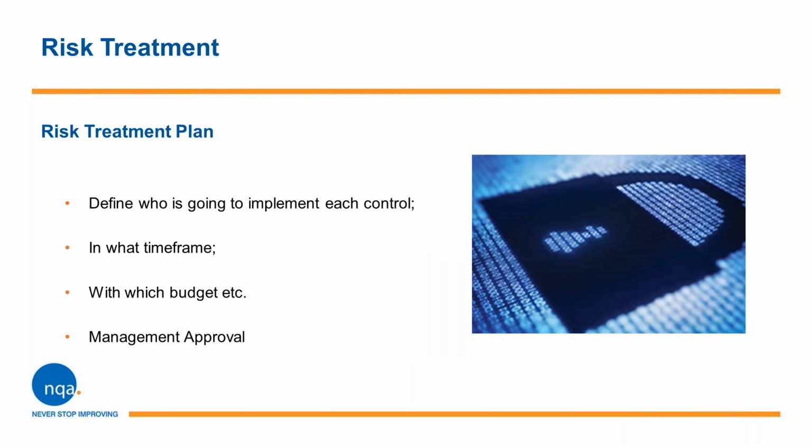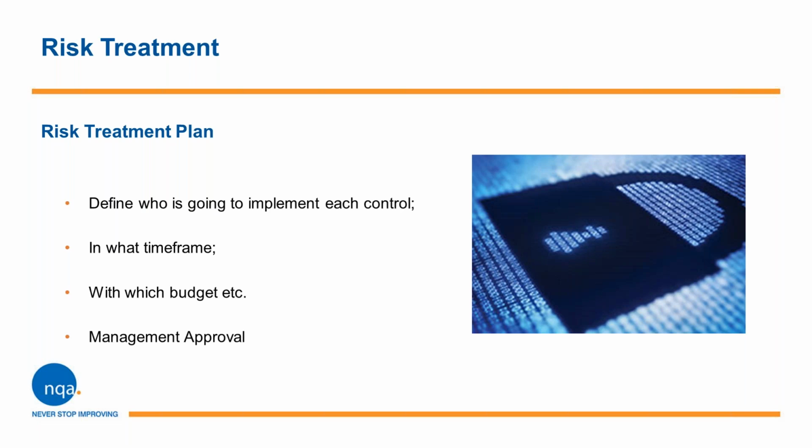So risk treatment, this is the step where you have to move from theory to practice. This is the outcome, if you like. Let's be frank, up to now, this whole risk management thing was purely theoretical, but now it's time to show how you're going to deliver your results. This is the purpose of the risk treatment plan, to define exactly who is going to implement each control, in what time frame and with which budget. I prefer to call this document an implementation plan or an action plan, but the terminology within ISO 27001 says risk treatment plan, so we'll stick with that.